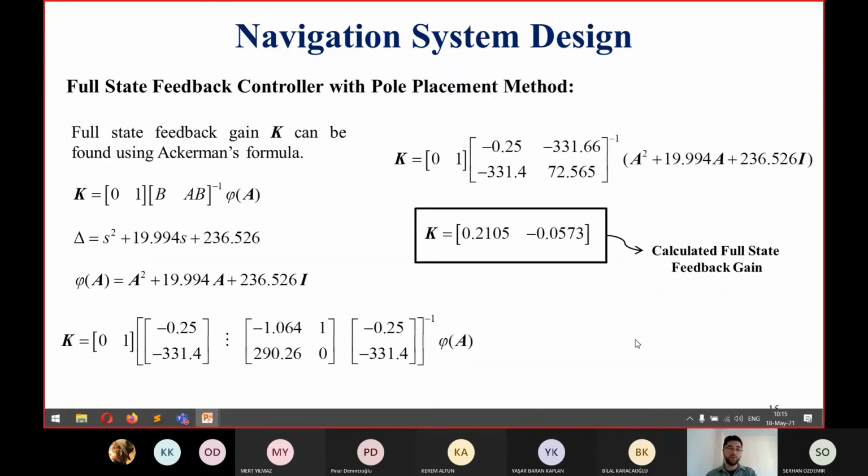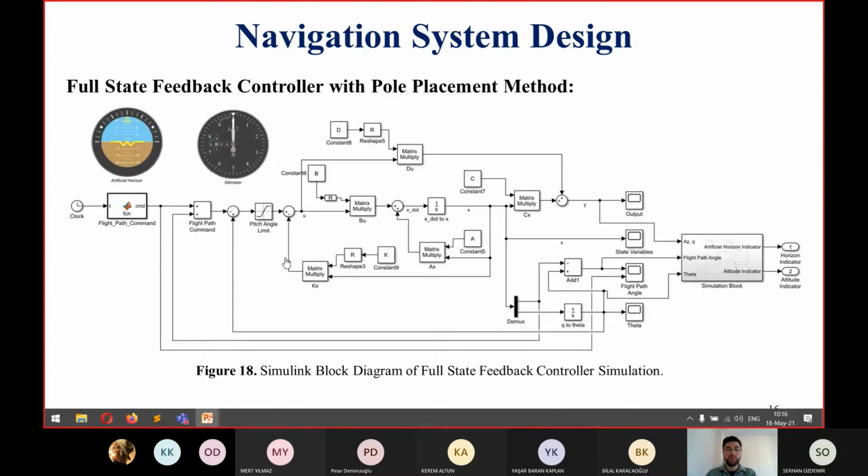I can continue to calculate the feedback gain. I use Ackermann's formula to calculate the full state feedback gain, and this is my desired characteristic equation, and my full state feedback gain yields these values. And this is my block diagram for